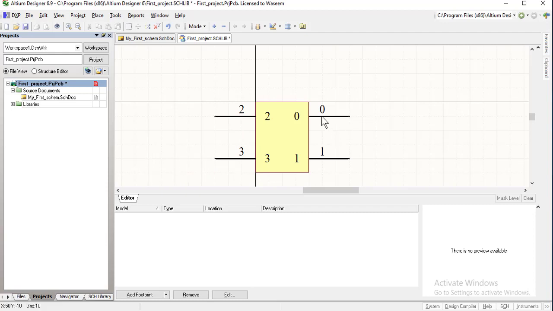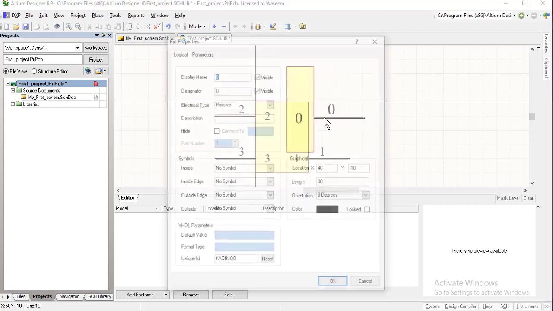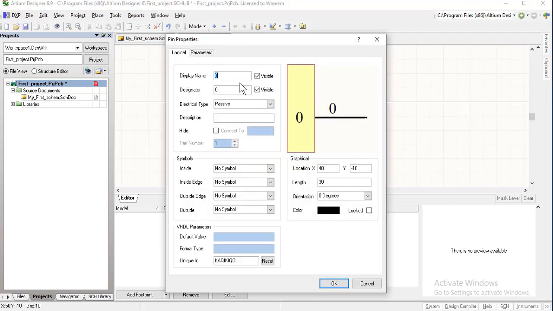Now we can rename the pins, because normally in ICs pin numbers range from 1 up to the maximum number of pins in the IC. So pin numbers should start from 1, 2, 3 and go up to 4. For example, we make it pin number 4.